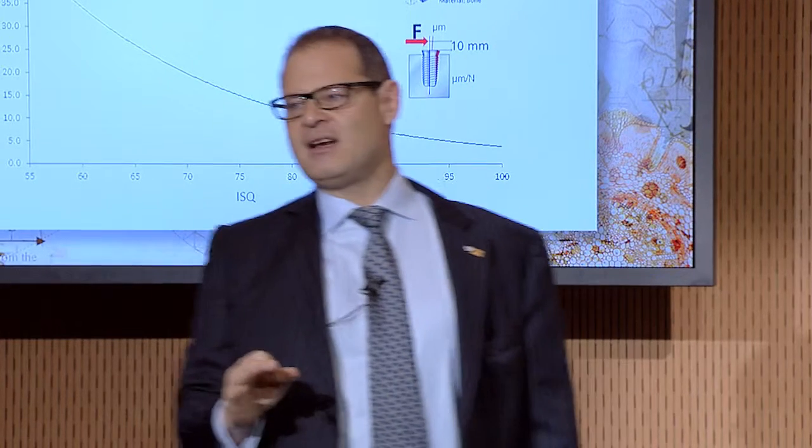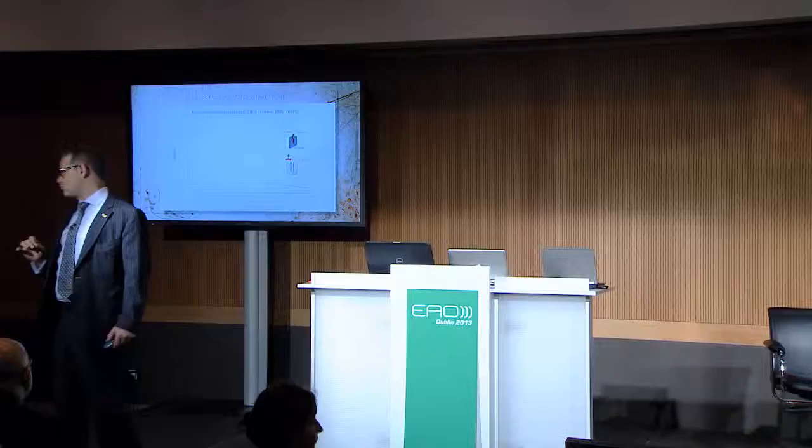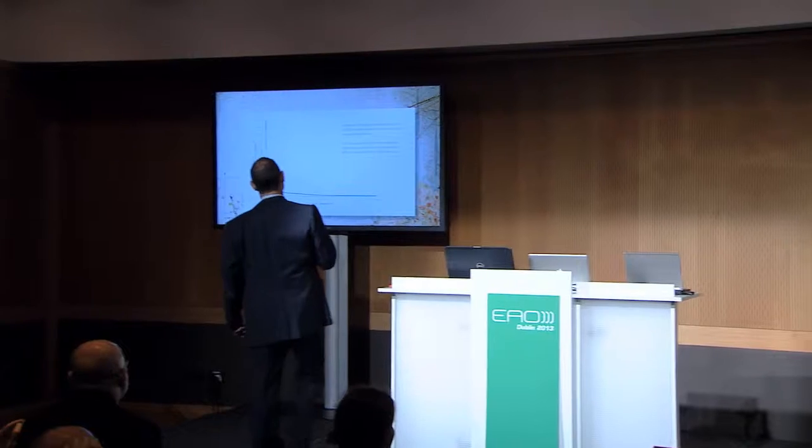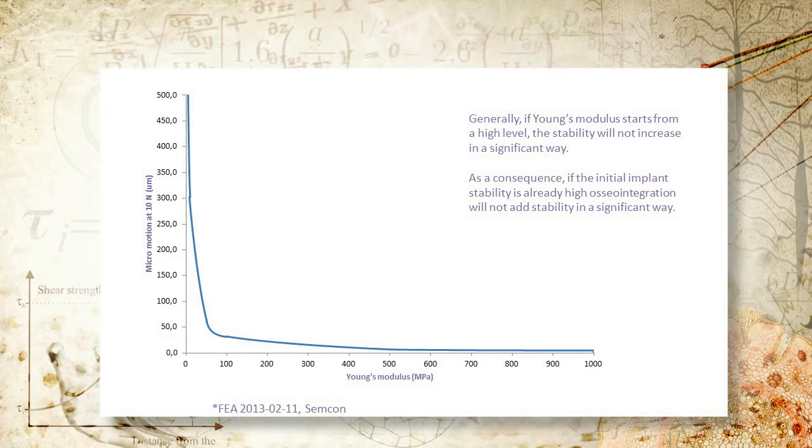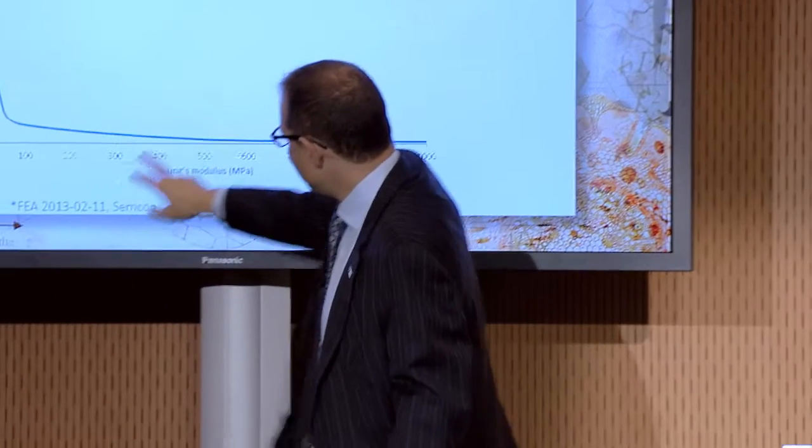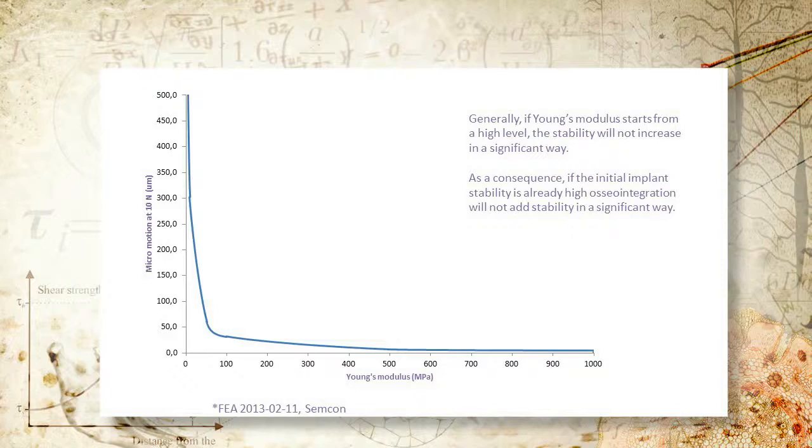So the key is definitely the sensitivity of the instrument. That's the important thing. And this perhaps shows it better than all of them, because this is a very highly inversely related curve: Young's modulus, that's stiffness, versus micromotion. If the Young's modulus starts from a high level, somewhere here, you can see that the stability will not increase in a significant way. In other words, if you start with an ISQ of 70, you expect it to stay at 70. But if an ISQ starts at 45 or 50,